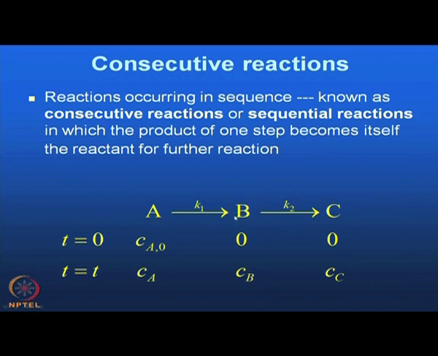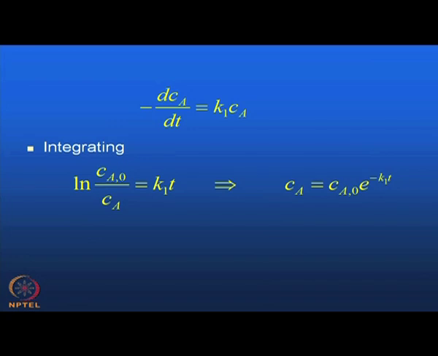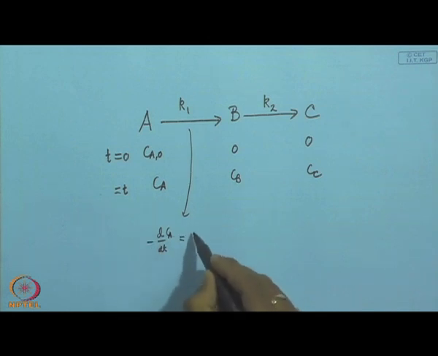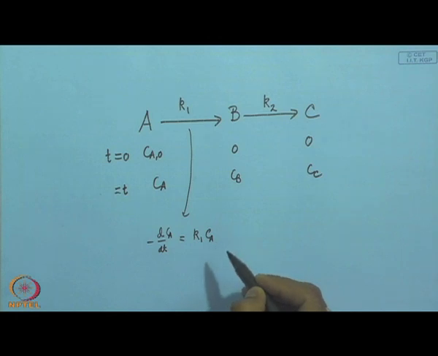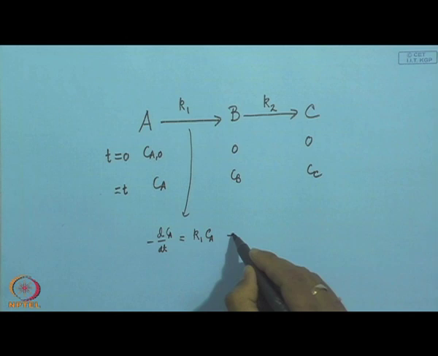So, this one is the product of A, and it is becoming a reactant for the next product. So, negative dCa/dt is equal to K1 into Ca. If we integrate,